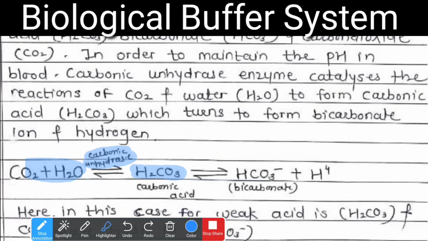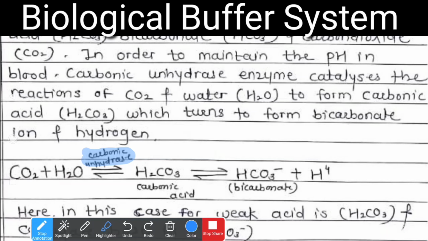Okay. So carbonic acid is a product formed by the reaction of carbon dioxide and water in the presence of carbonic anhydrase. This carbonic acid again dissociates to give the bicarbonate ion, the negatively charged HCO3 minus, and a proton, H plus. Done? Okay. Now, coming back to the topic, we will also be discussing the enzyme.